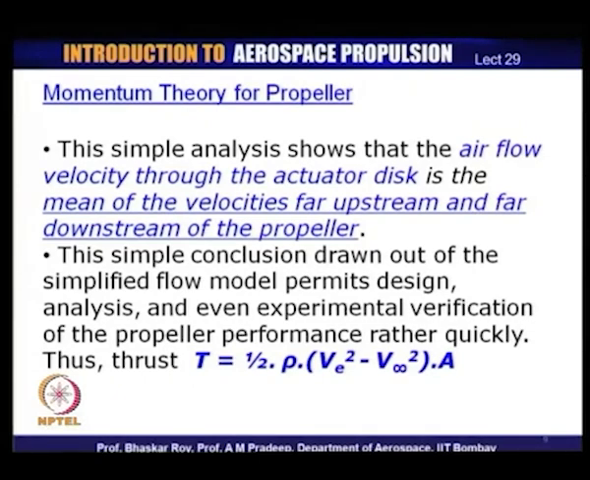Now, this shows that the air velocity through the actuator disc is the mean of the velocities far upstream and far downstream of the propeller, and this allows us to draw a simplified model. This tells us that the thrust can now be written down in terms of half rho (v squared minus v infinity squared) into A. This is a very simple way of putting the thrust. If the density of the air is known, if the far upstream and far downstream velocities are known, and the actuation area or the propeller swept area is known, we get a very quick estimation of the thrust